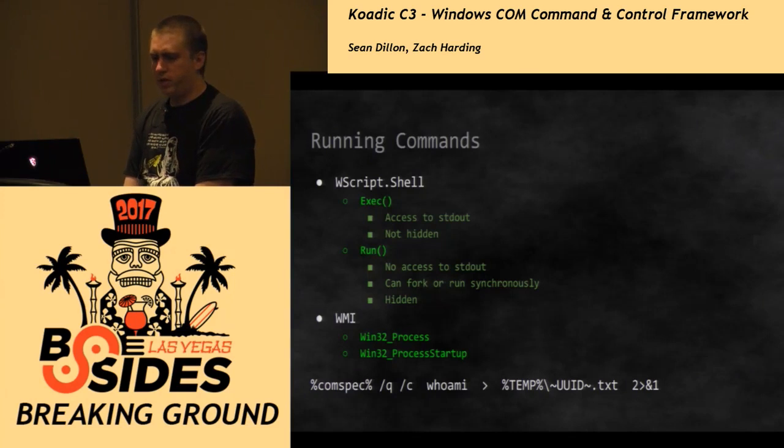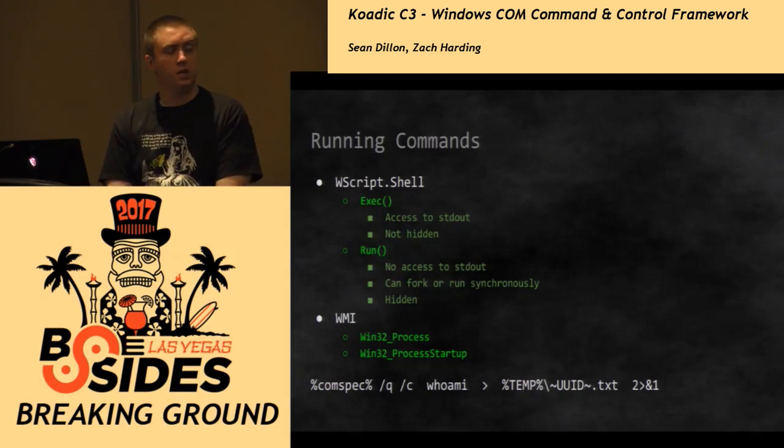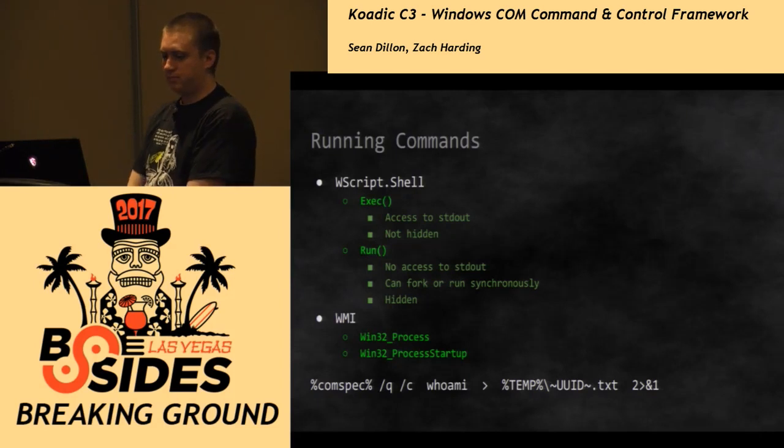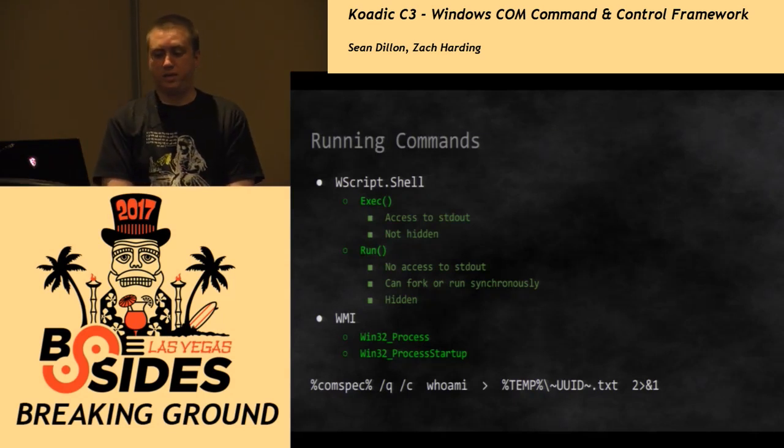So there's a couple ways to run commands from COM in the shell. One is just the WScript.Shell object. They have two methods available, exec and run. They're a little bit different. Exec lets you get access to standard out, but it's going to flash a little command prompt box, which is unfortunate when you're trying to stay hidden. So we actually use the run method, which we don't get access to standard out,